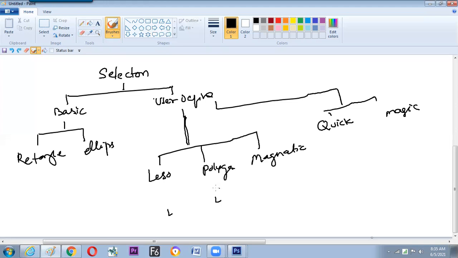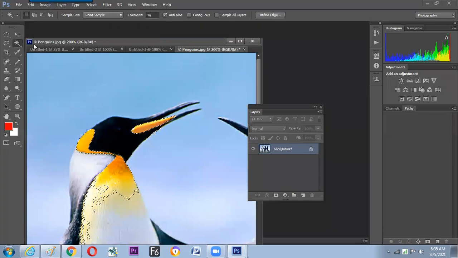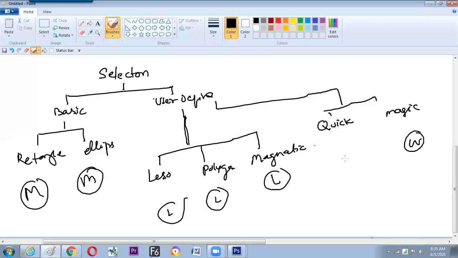So here we forgot one thing to write, and that is called marquee. Sorry. This is the place for M. Yes, we have written here M, L, L, L, and here W, quick selection. Hotkeys are ready.